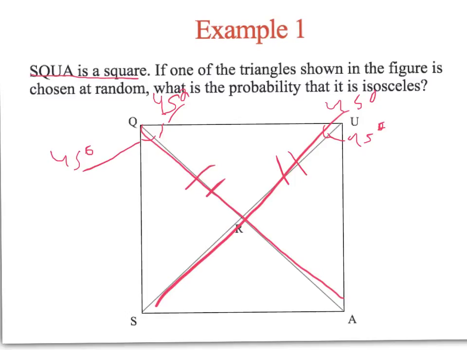If we apply this method to the remaining three right triangles, we will then have three isosceles right triangles. Now that we have congruent sides, we have isosceles triangles. Therefore, our probability will be